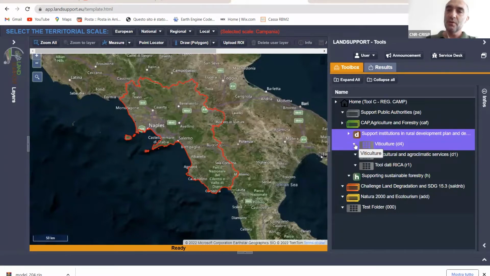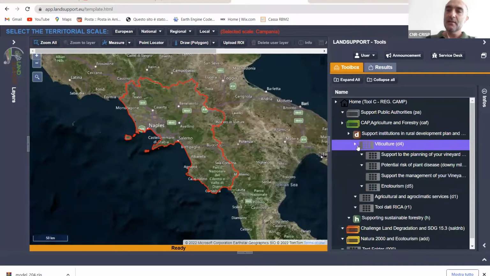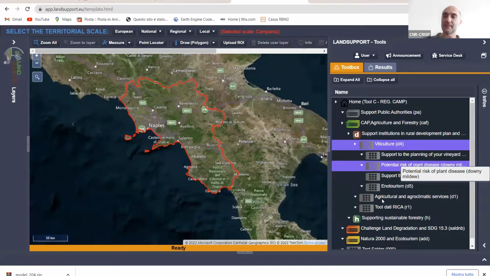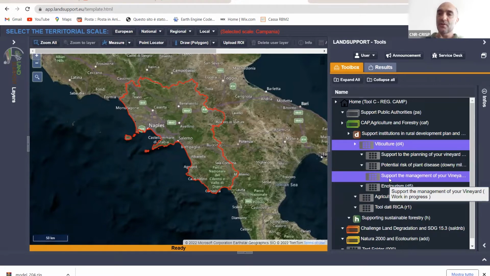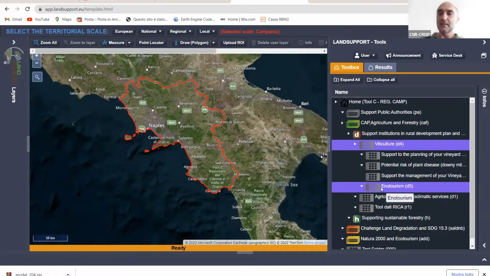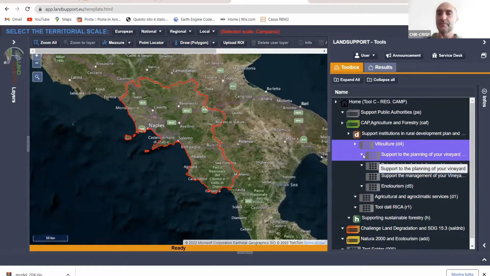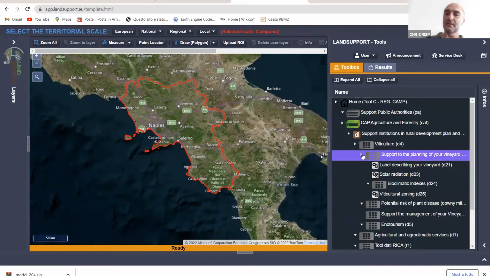The viticulture tool is organized, as you can see, into support planning of your vineyard, potential risk of plant disease, support management of your vineyard, which is not yet implemented at the time, and the enotourism subtool. Starting from the first subtool, we have the label describing your vineyard. Label describing your vineyard is a tool that works by producing on the fly a technical report